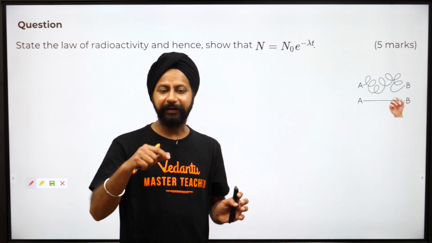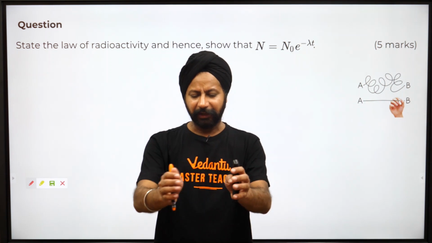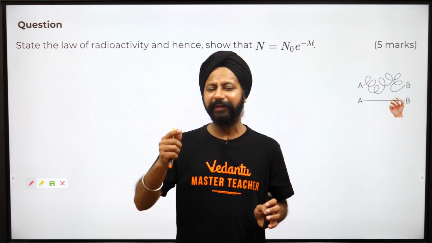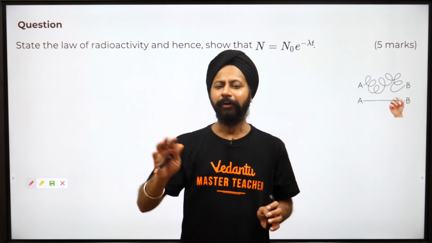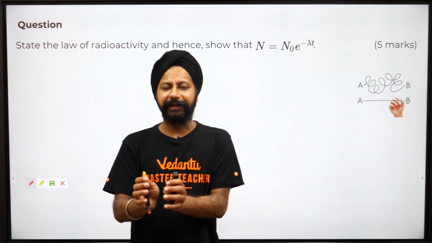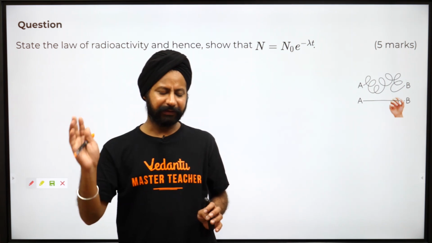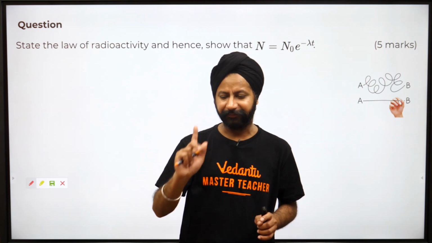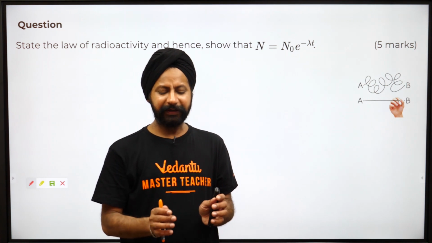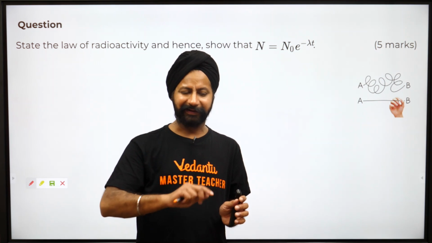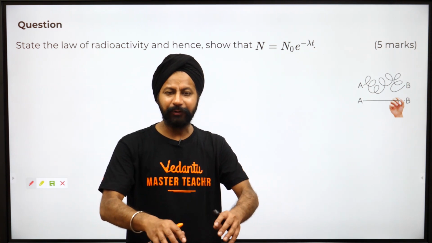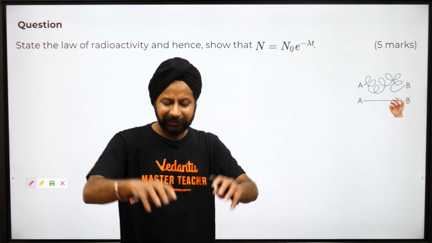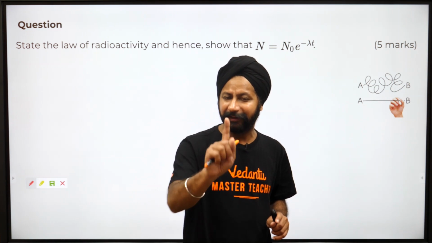So this is a container and I'm watching it, and I say there are 1000 nuclei here. So there is some activity, meaning every second how much is happening, and every minute what is happening. Per unit time you can decide: second, minute, hour, year, whatever. So every unit of time, how much is happening is called the activity. If there were 1000 nuclei here, there was some activity, maybe 2 every second. If I put 2000 nuclei here, it will be 4 per second, because the activity will double, right? If I put 10 times the nuclei, the activity will be 10 times.